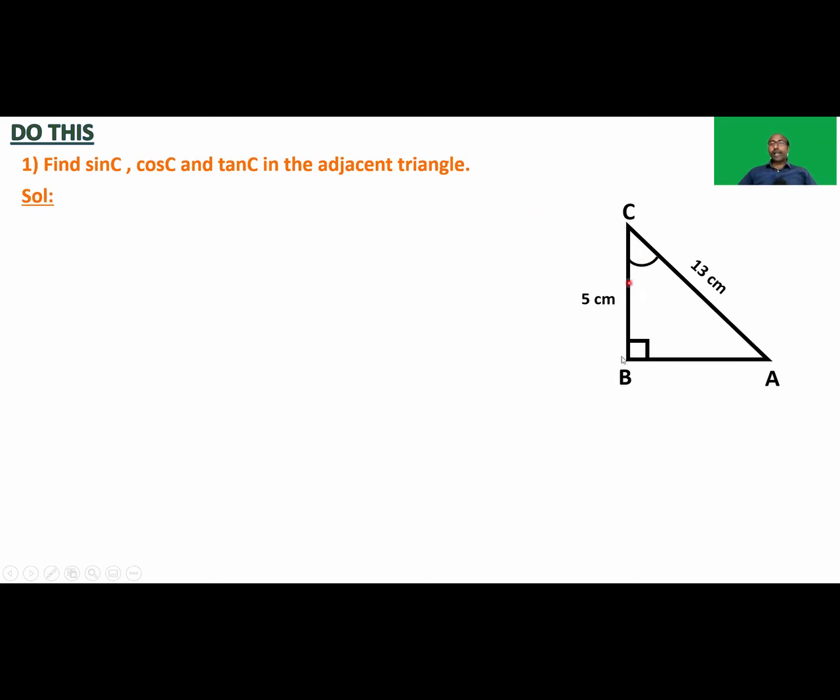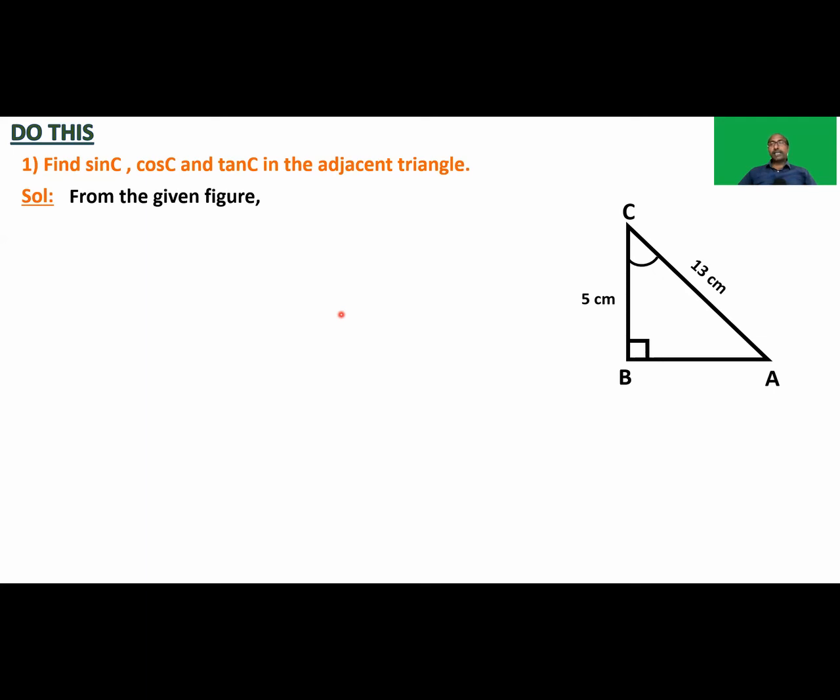So students, here we have the triangle ABC in which the hypotenuse is 13 centimeters and the side BC is 5 centimeters. So here we have to find sin C, cos C, and tan C. To find all these trigonometric ratios, we need all the sides. But here we have only two sides. So by Pythagoras theorem, we can write